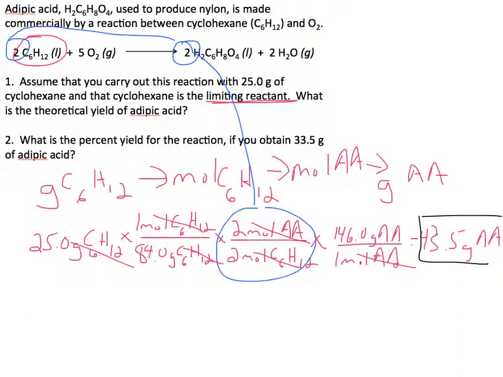Part B asks what is the percent yield. We calculated the theoretical yield already, right? This is our theoretical yield, call that TY. We're looking for the percent yield now, okay? So in part B,